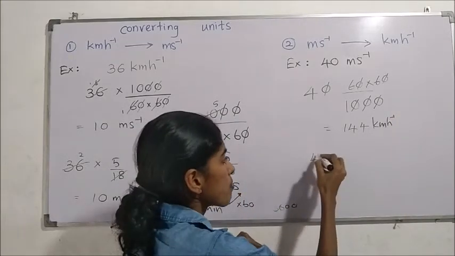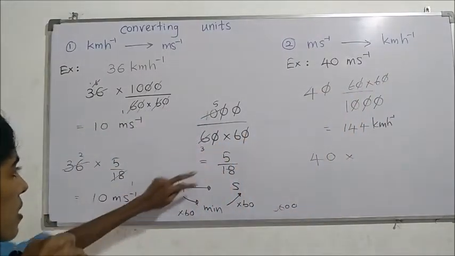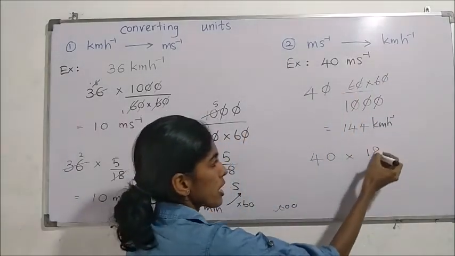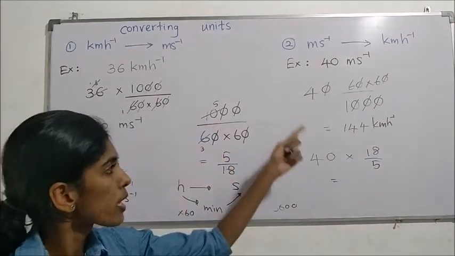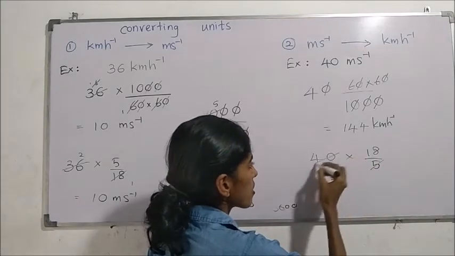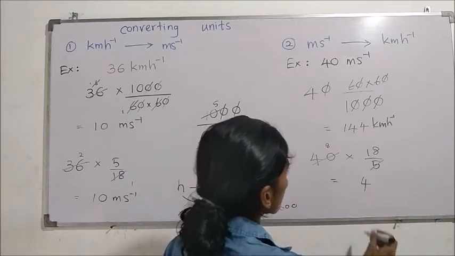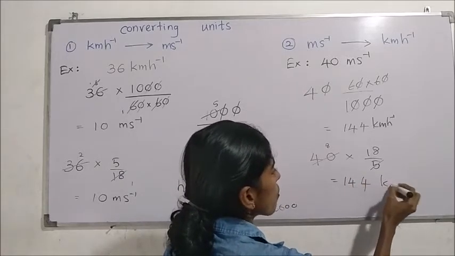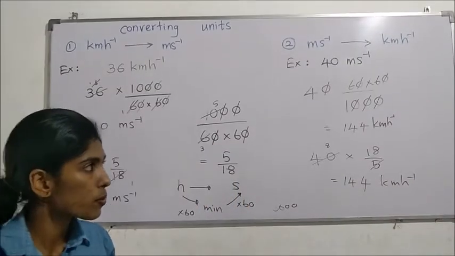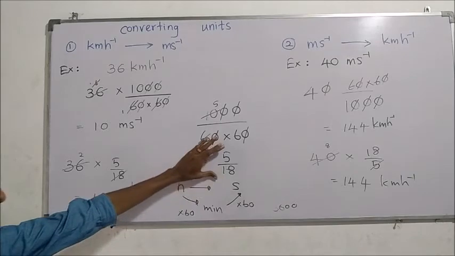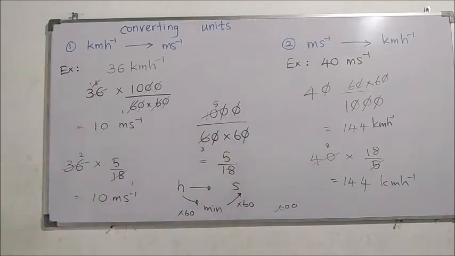The same answer can be obtained by the simplest form of this. You know, the upside down of this number is this fraction 18 over 5. Simply when you multiply by 18 over 5 also, you can get the same answer. We will check whether the same answer is coming. 144 kilometers per hour. Same answer is coming. So I think that this method is a little bit easy for you. Okay, as a note, I will give you the next slide.